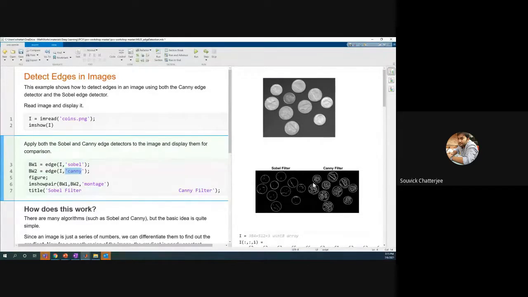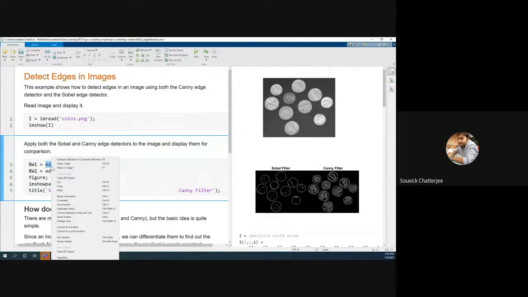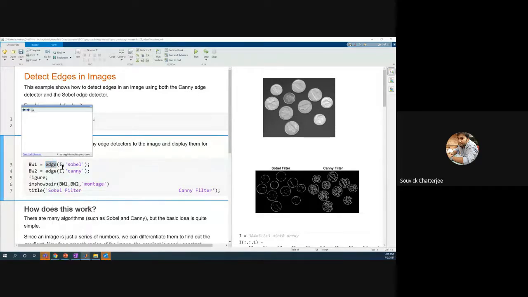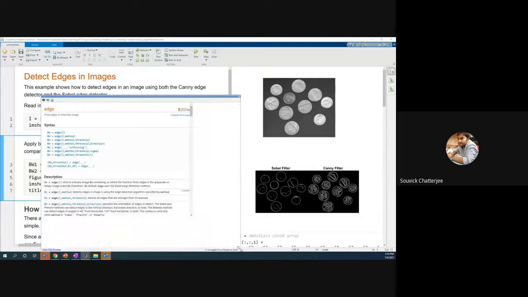If I click on this edge, actually, you can see there are multiple different parameters that we can put in for each of these commands. If you right click and go to help on edge, this opens up in the MATLAB documentation, which is a very rich area.